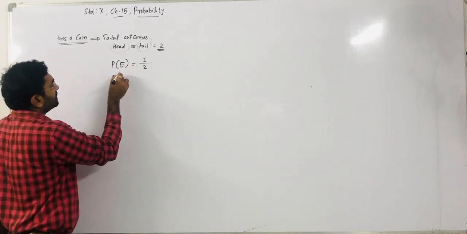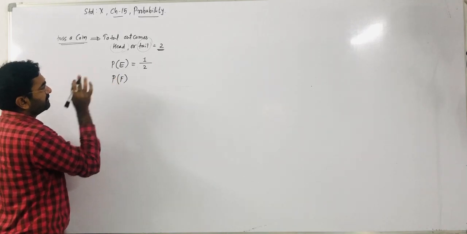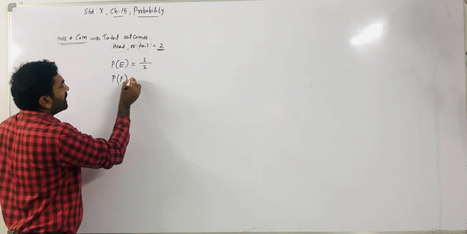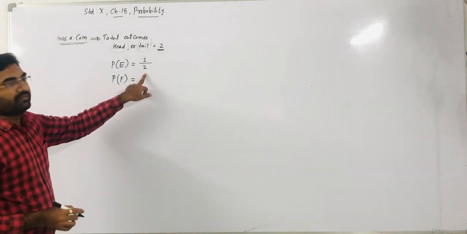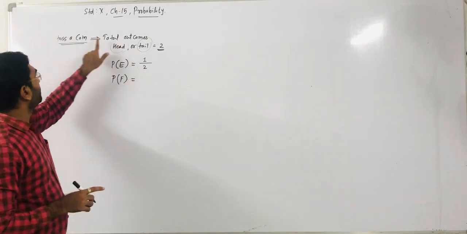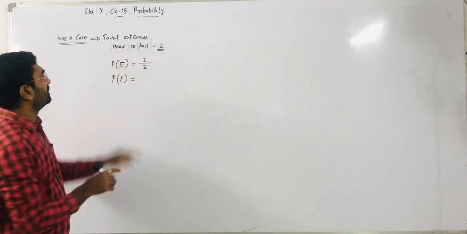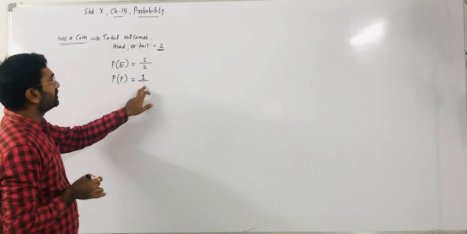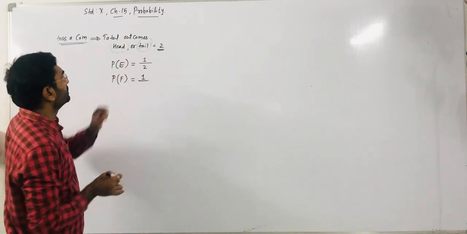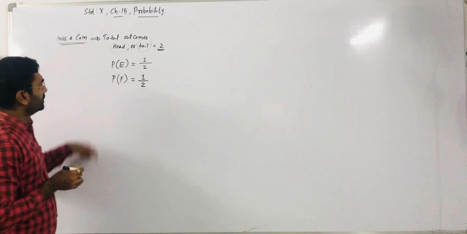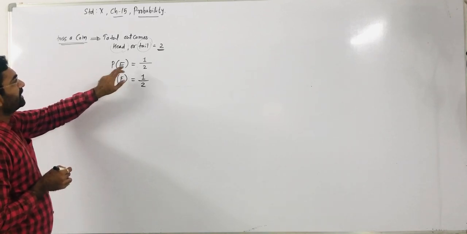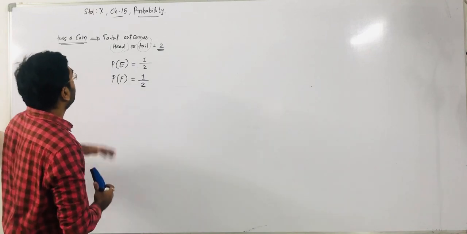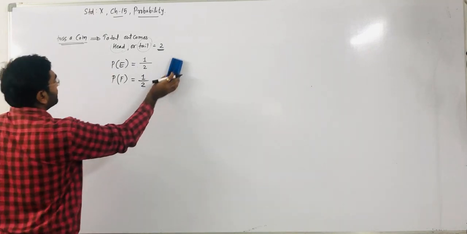In the same way, suppose I take another event, the probability of getting a tail. Event F represents the probability of getting a tail. How can we write it? The number of trials in which we get a tail: whenever you toss one time, we get only one tail. In the denominator the total number of trials, head and tail, the two outcomes, right? So 1 by 2. In that case the probability of getting a head is 1 by 2, and the probability of getting a tail is 1 by 2. This is called probability. This is a very simple thing.